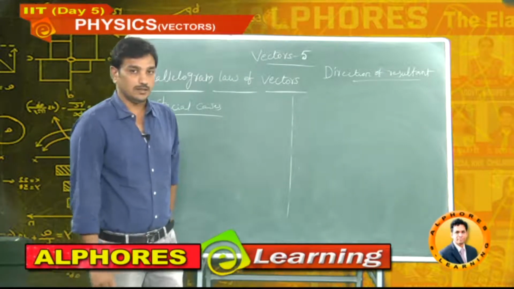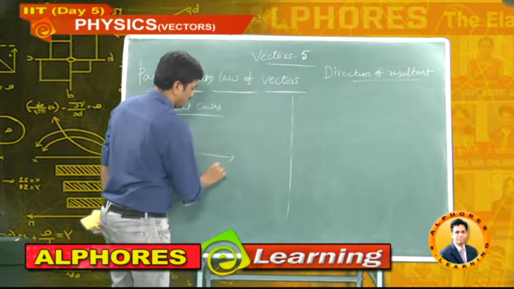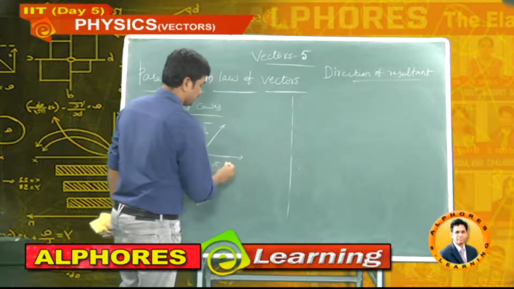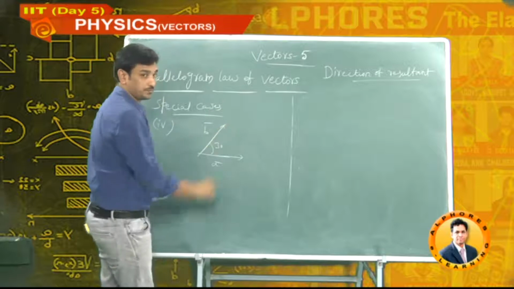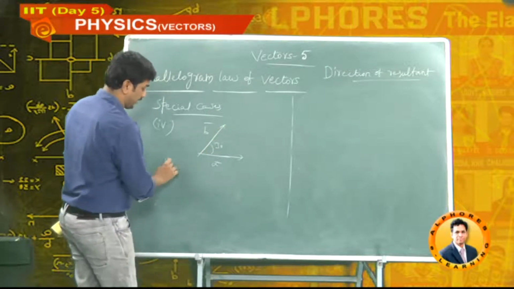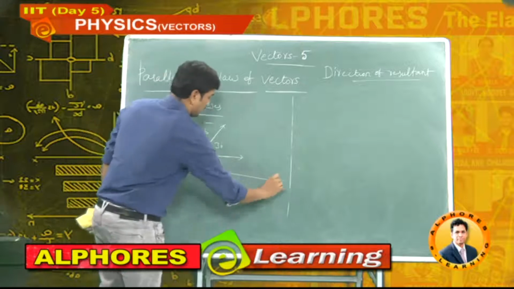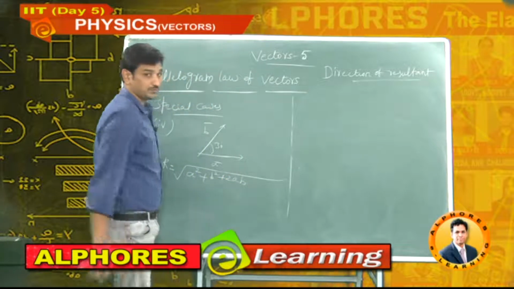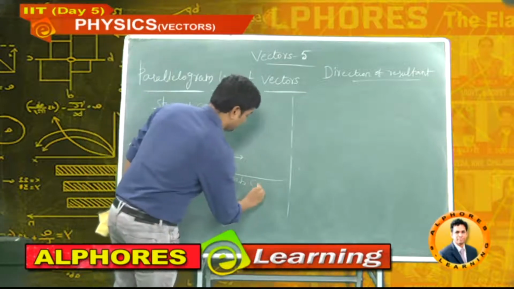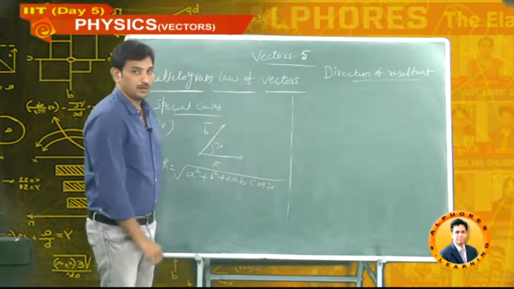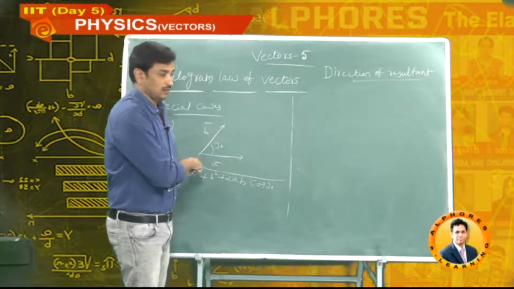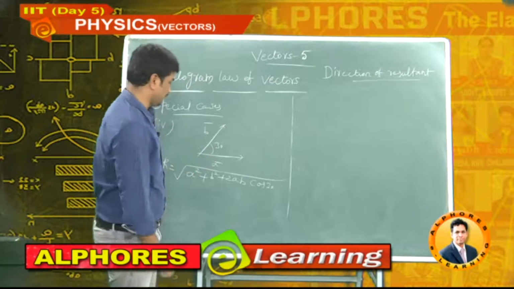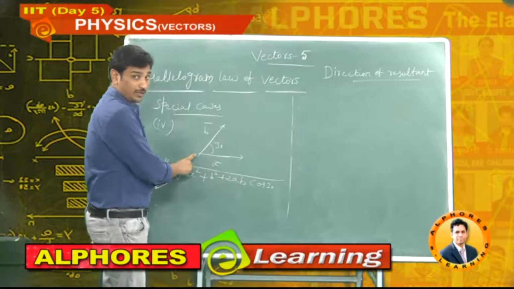Fourth one. Again, one more example. A bar, B bar, let you take 30 degrees. Now directly you can apply. What is the resultant? Under root of A square plus B square plus 2AB into cos 30. Now why am I doing this many? Because after explaining 3 or 4, you should do it with your pen and book. You should try. Understood my point?